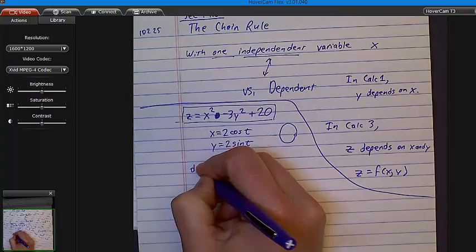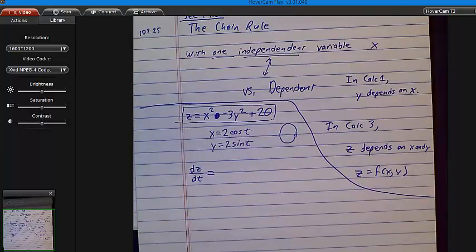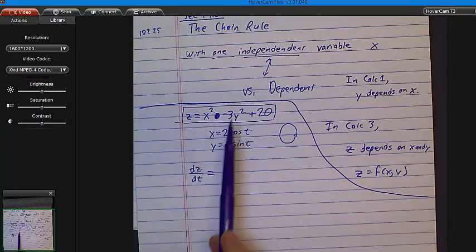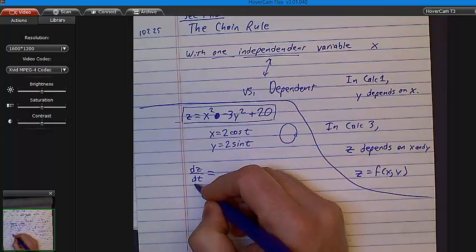So dz dt equals, well, z isn't a function of t directly, is it? It could be. If you substituted in the 2 cosine t and the 2 sine t, I guess you could turn this into a Calc 1 problem. Then you'd be done. Okay? The problem is, usually, you can't substitute in. I mean, you could, but you wouldn't want to, and it wouldn't necessarily work. So, yeah, maybe we'll do both. But what we are going to do is say that dz dt is equal to